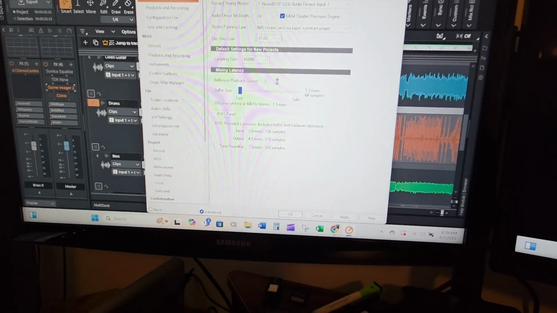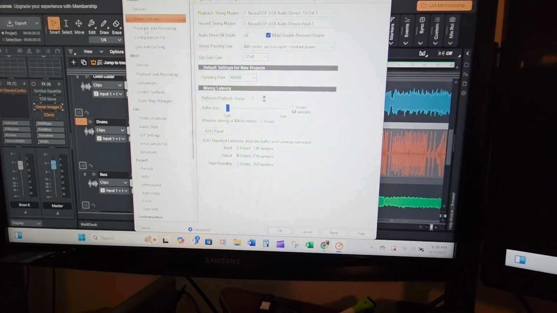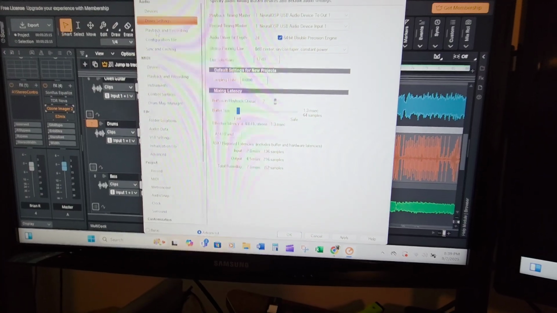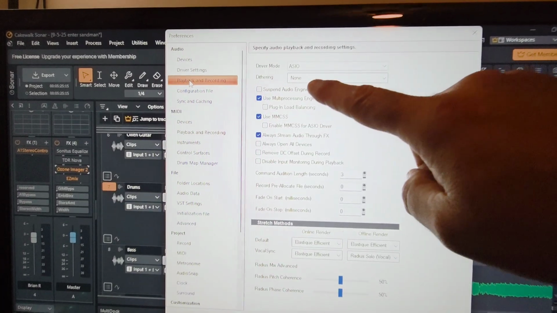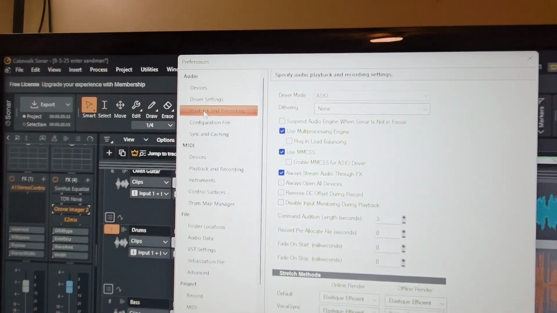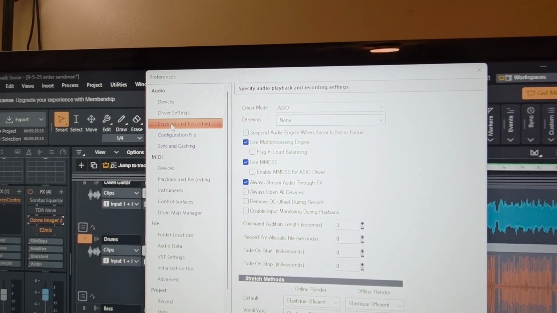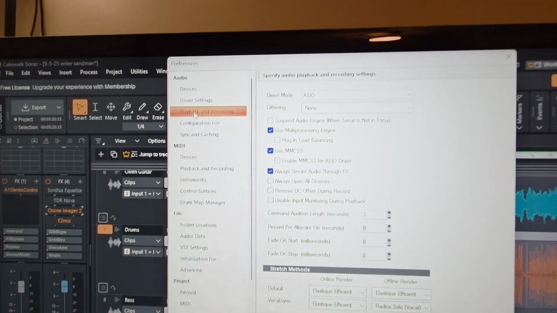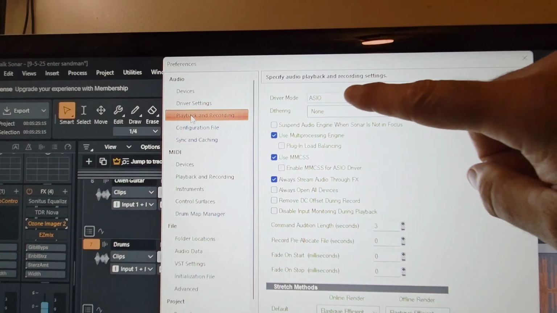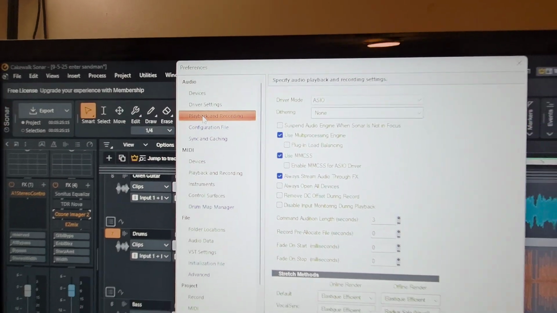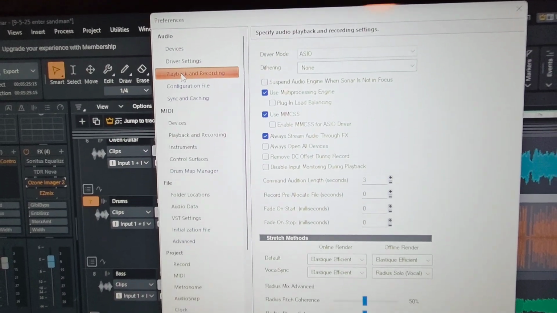And I always want to make dang sure that I'm using ASIO. I like ASIO, it's way better quality than the other one. I think it's MME32. That's an older technology for older computers, but I want to use ASIO if I can,